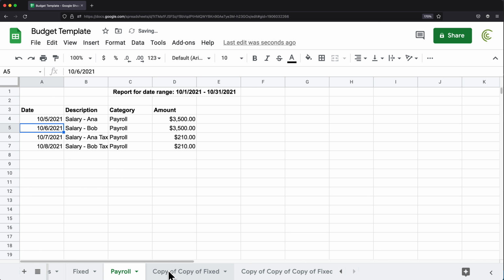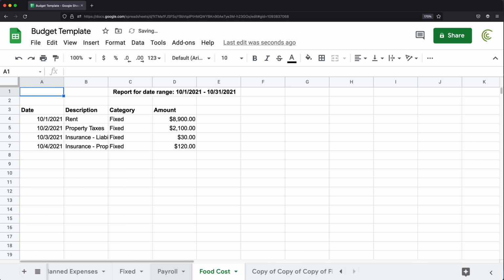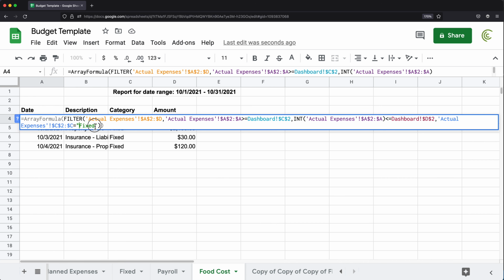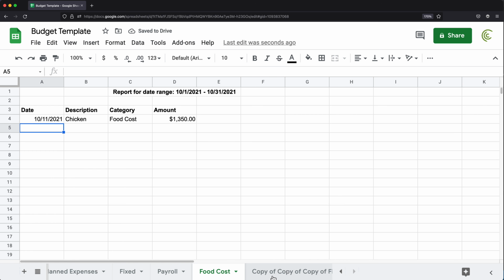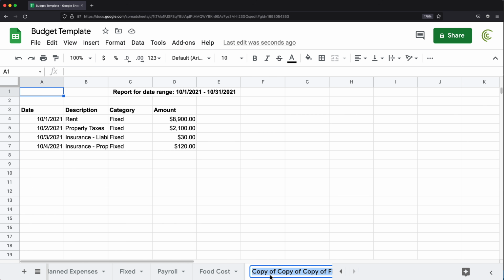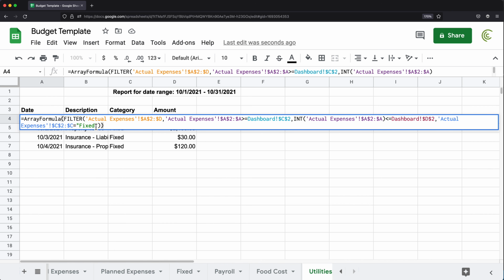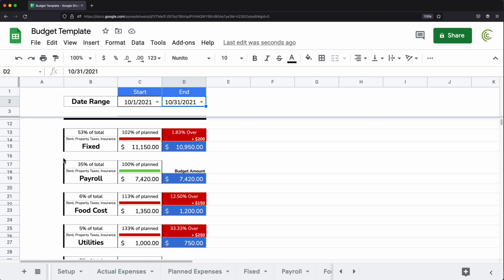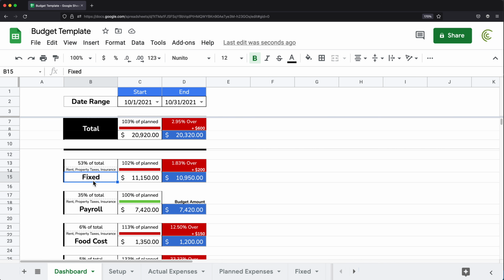So that should do that. Then I'm gonna do that for the other two. Food cost, we'll go here and do our food cost. And finally, we have the last one, which is utilities. And the rest of the formula is going to stay the same, just this part will change to utilities to filter to those. So now what I'll do, I'll just go to my dashboard and just link from this title